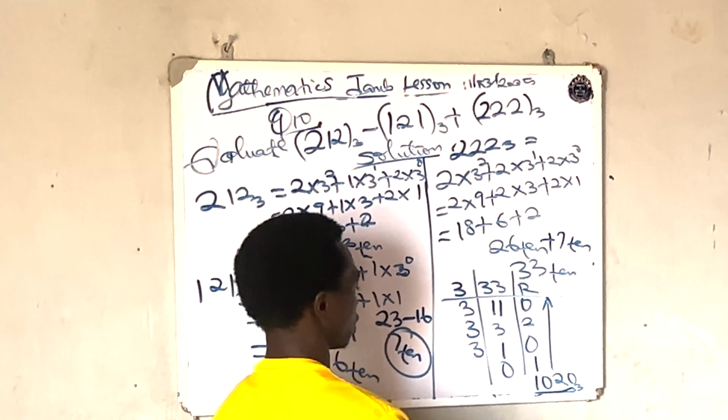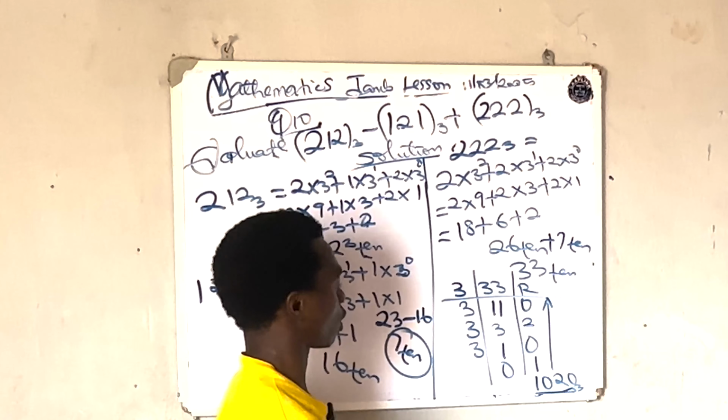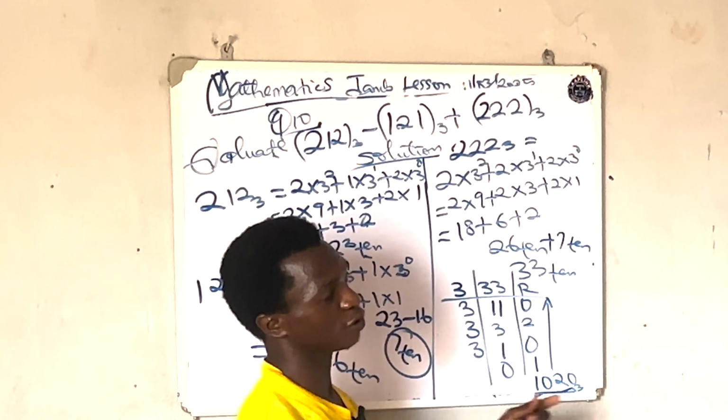In base 3. So to subtract this from this and add this, all you are going to get at the end is 1020 in base 3